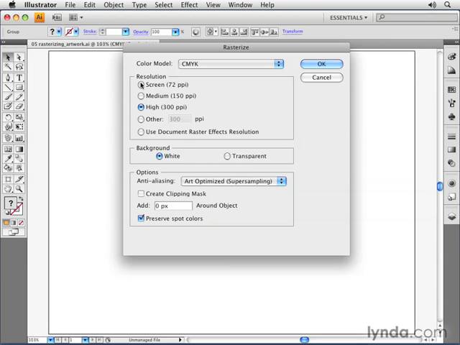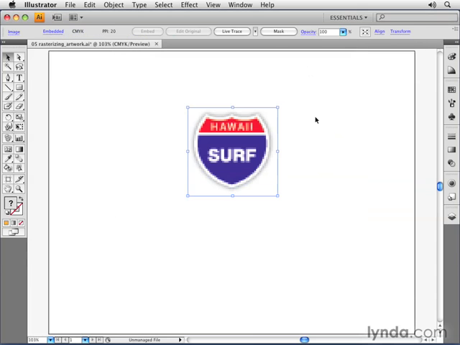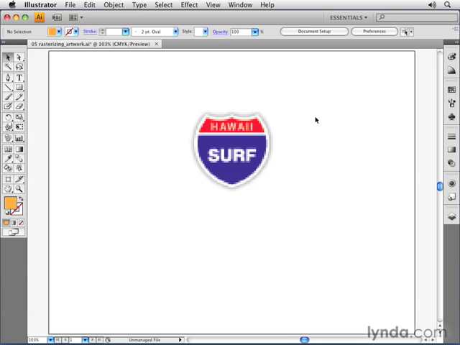For example, I could use a very low resolution. I could also choose Other to go to a really low resolution. For example, should I rasterize this at maybe 20 pixels per inch, I might get a really interesting and cool effect, again, depending on what I might be working with. I'll press undo here because I want to show you that I also have the ability to export this for